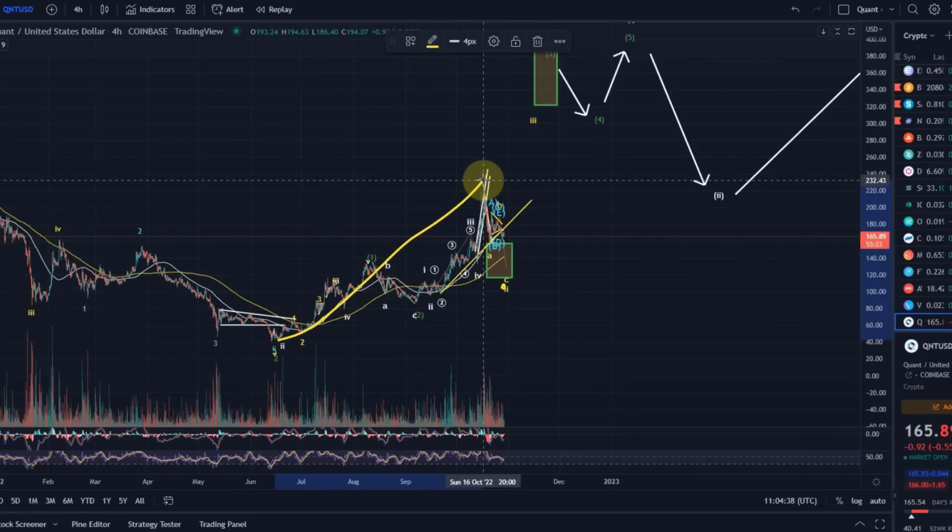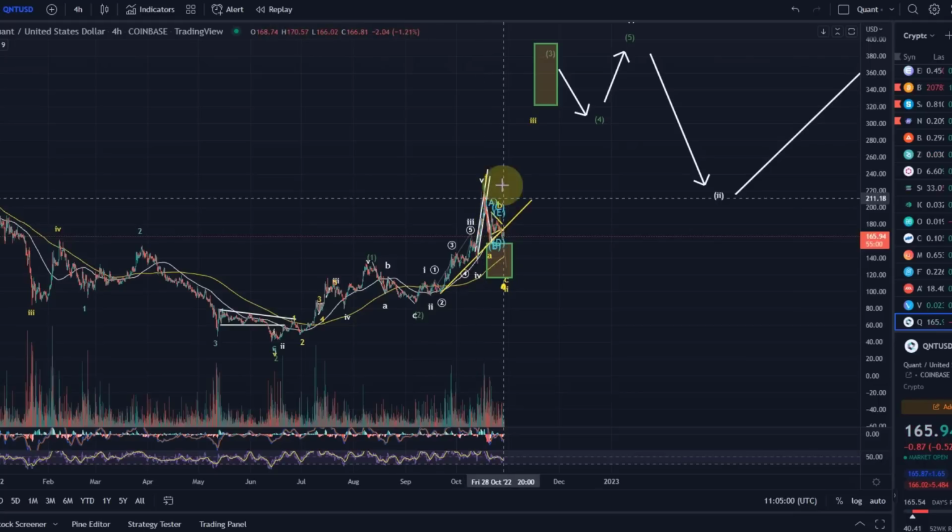But the other interpretation would be that all of this was a wave 1, which means we have to measure this wave 1 differently, so the wave 2 target area needs to shift and would move down a little bit. So if you see us break below this green area, or if we can see a risk of us breaking below that area because we might come down into it too fast, then I might change the primary expectation. But still, I think we are in a second wave, in a wave 2.